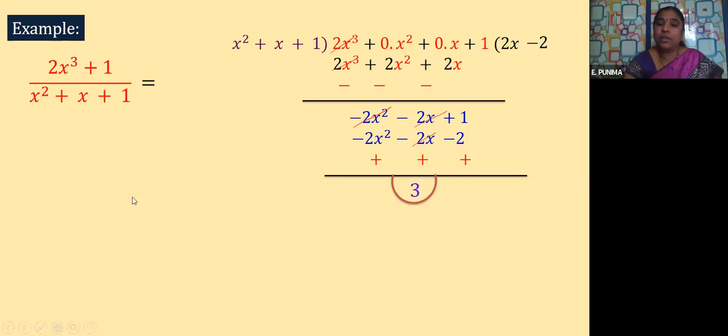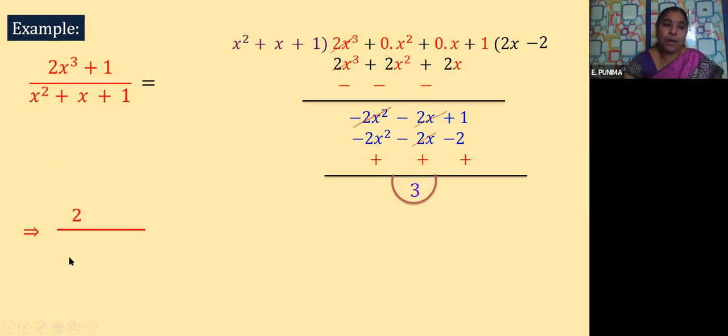So by the division algorithm, how can you write? Dividend is equal to divisor into quotient, plus remainder, yes or not? But according to our partial fractions concept, the remainder still has to be divided by this divisor, yes or not? Still it is there, but here the degree is less than this one, so it is not possible. So what are we doing here, how can you write that?